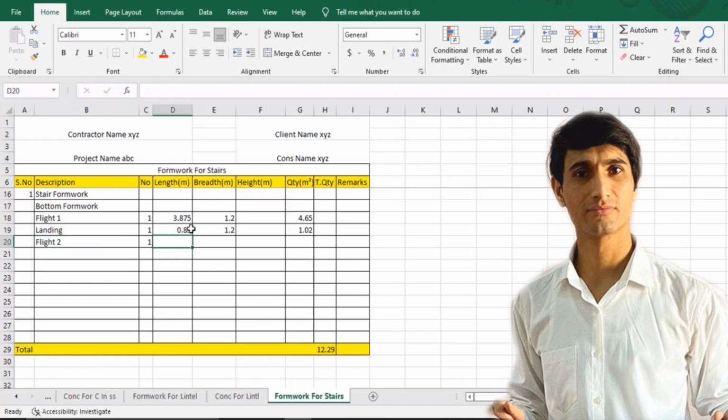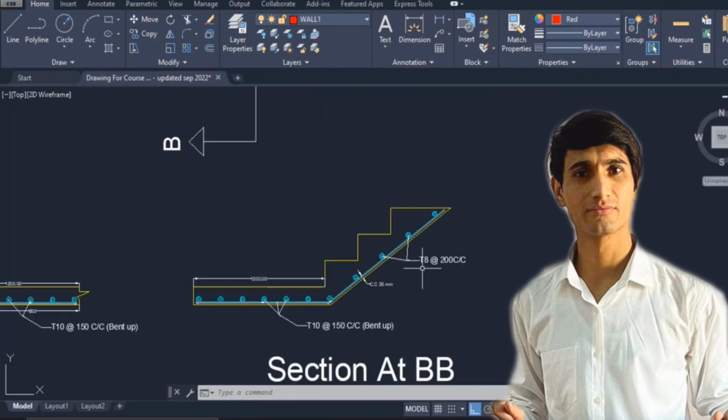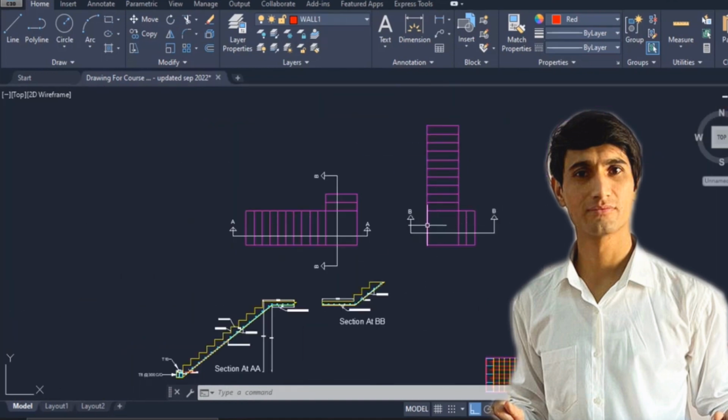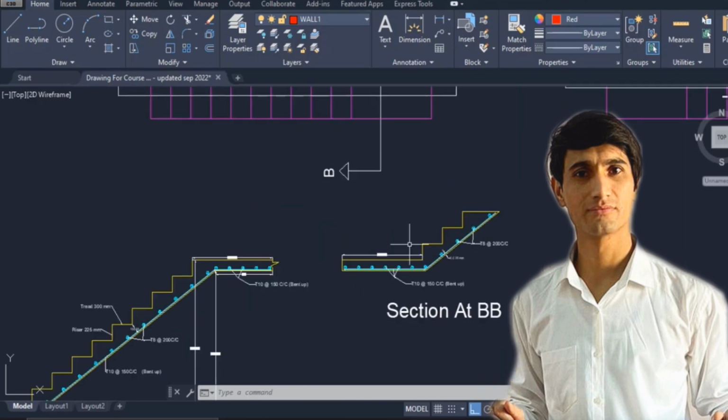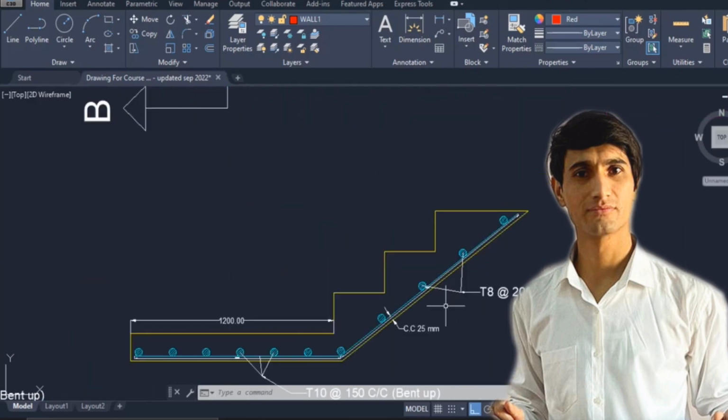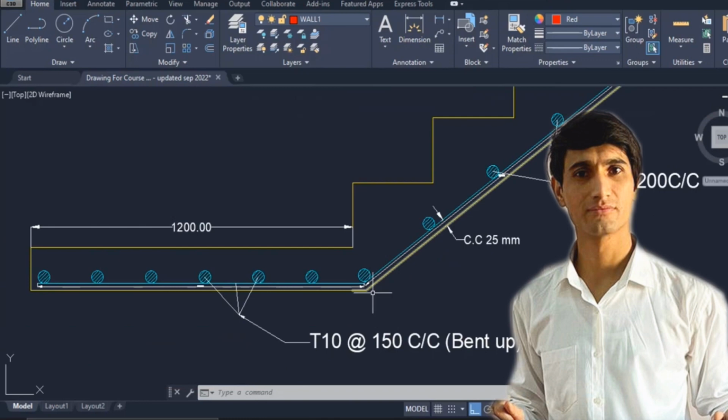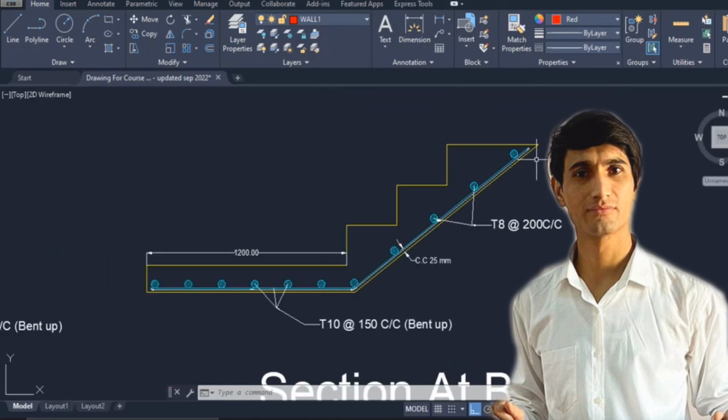Number as 1. Next to it we need to find out the total length for this. This is basically flight number 2. We have section BB as well, and this is for flight number 2, in which we have the landing over here and the total length over here. So total length right from this position up till here, because we have already done the formwork here in the